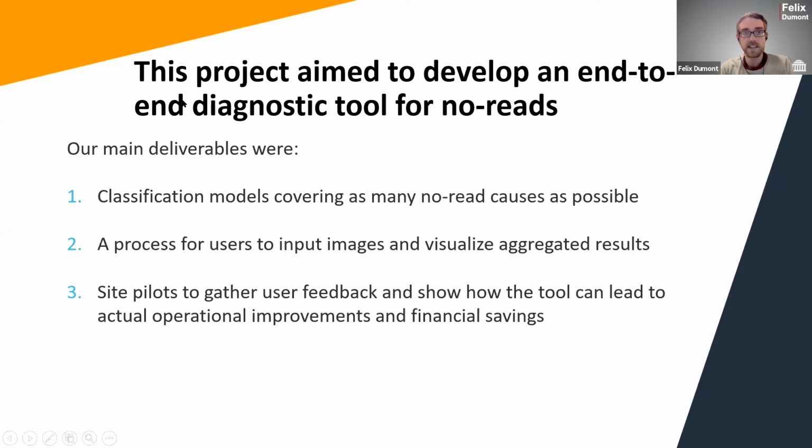More specifically, the goal of this entire project was to develop an end-to-end production tool, a tool that we can run across all of our sites to diagnose the reasons for those no reads. So it's not about fixing them necessarily. Obviously, that's the ultimate end goal, but more specifically, we want to diagnose and be able to tell for every site, look,